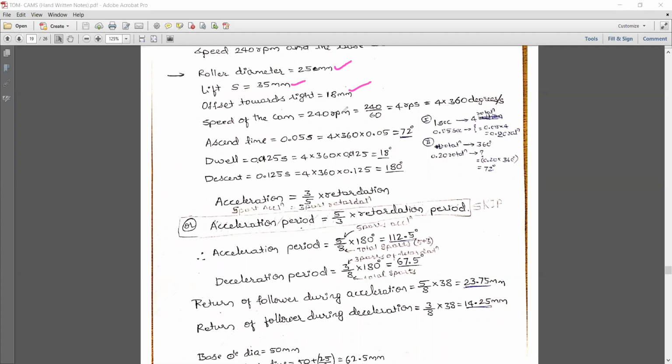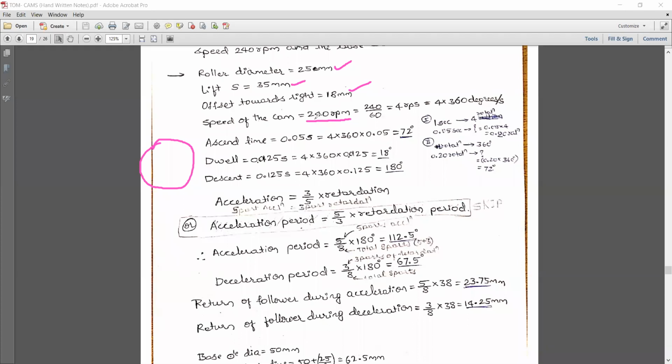Okay, so tell me one thing. You have one circular 360-degree wheel. It is rotating at 240 rpm. That means 240 rounds in 1 minute. Please understand this carefully. This is one of the very important points of logic. It is 240 rotations in 1 minute. Rotations per minute is what RPM means.